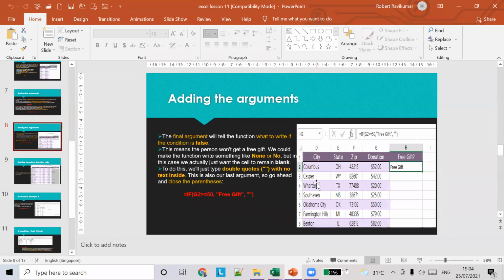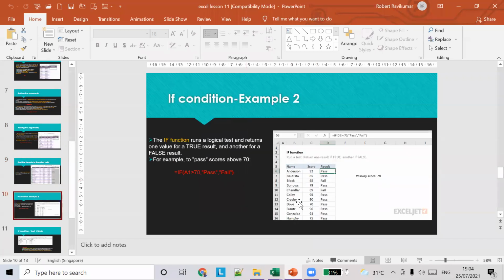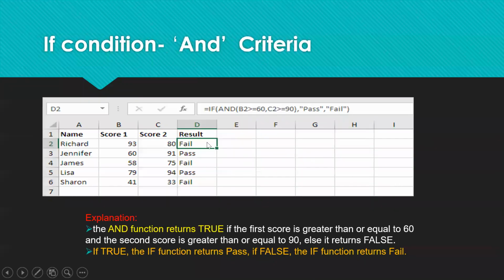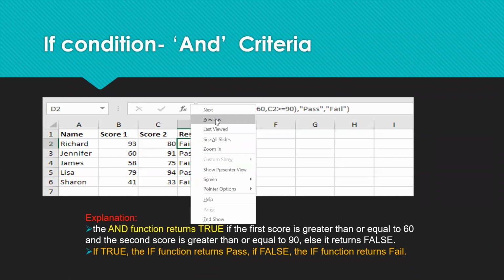Okay. So see, there is a single score here, and now there are two scores here. Based on these conditions, you have to give a false or true statement. I'll explain how to do it. First we'll do the example with a single score.